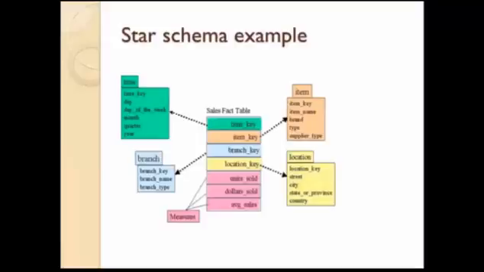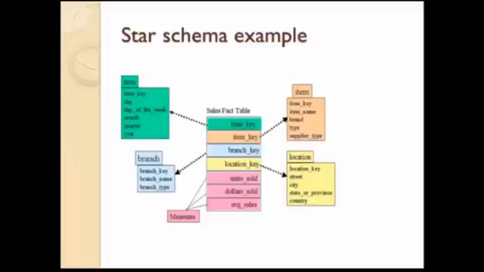Okay. Now, in this example, we see that we have a fact table in the middle, the sales fact table, or sales transaction, if you will, which is connected to 1, 2, 3, 4 dimension tables. So you have item, you have location, you have branch, and time. Okay. So this is what they call a star schema. You have one fact table in the middle connected with several